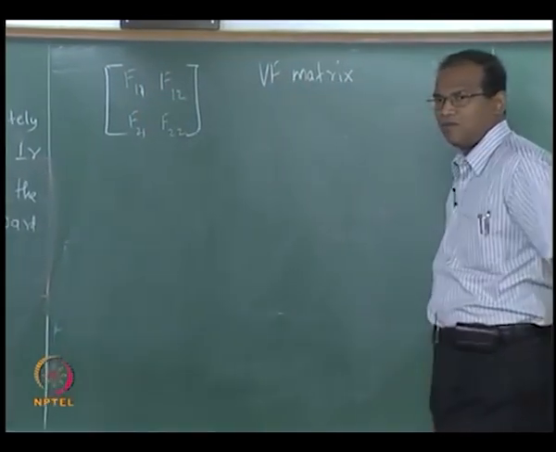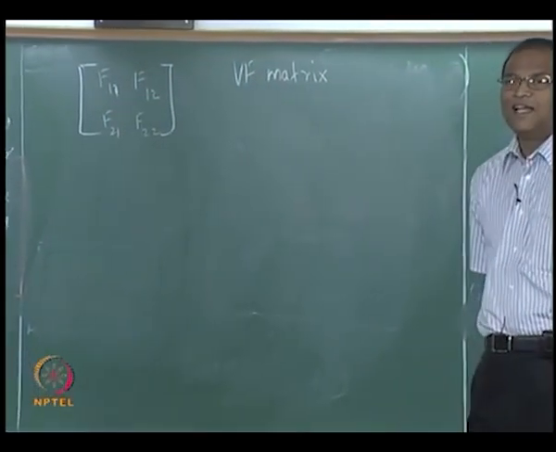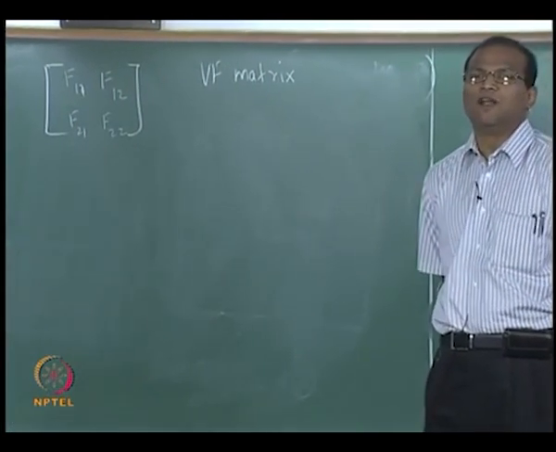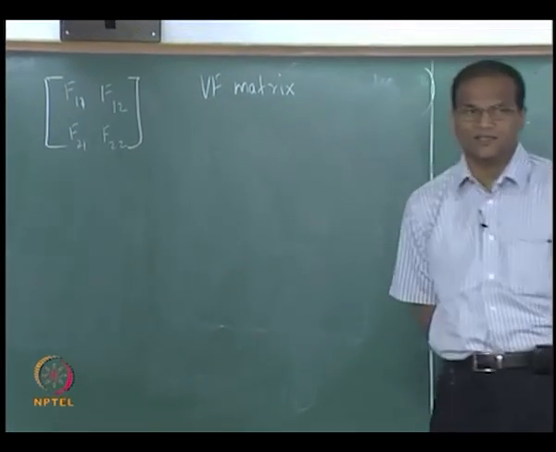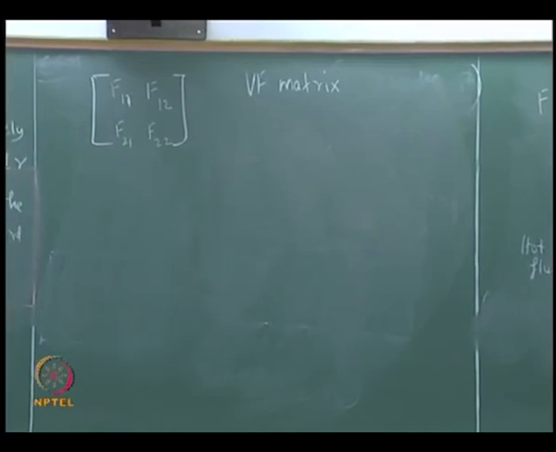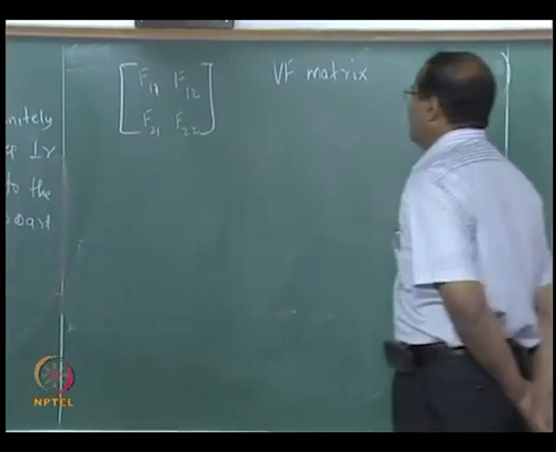Then when we do the enclosure theory, I will give you epsilon 1, epsilon 2, T1 and T2, then you will do the analysis, that comes later. First view factor. Now F11,